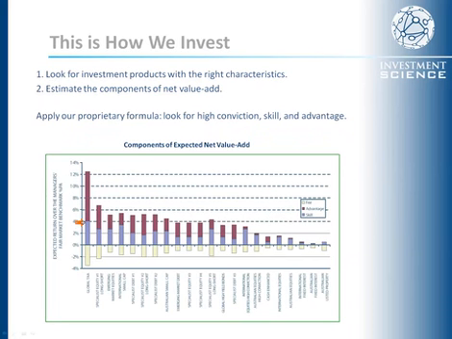So the right characteristics that we're looking for are both high conviction, skill, and advantage. So on this chart we've got three components, and again, it's a bit of a stylized representation of the types of asset classes and opportunities we're looking for. The first part, which is labelled skill. Now this relates to our skill, and the point being that if we were to